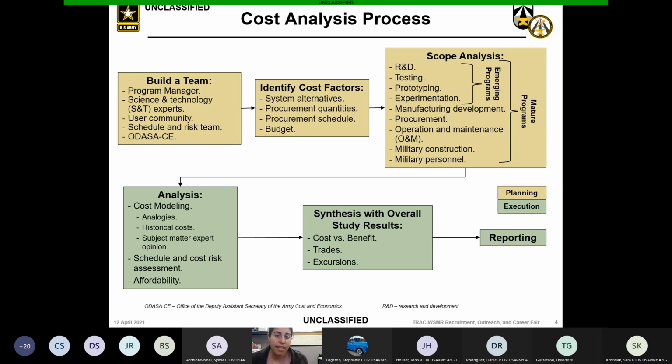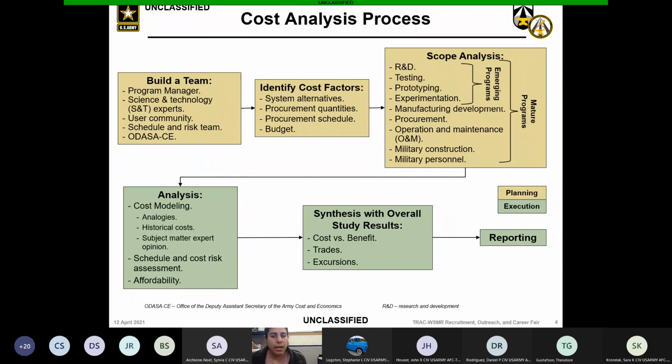And a lot of the times they can tell you and pinpoint, it's this technology. We're relying on this to be further along by the time we start building it. And if it's not, that's going to really impact our cost. So those are all things that we look into. We also look into the people who are actually working on it and the construction that's needed. So if you need a certain type of building or storage, those are all different parts of the cost we have to look into. So for the analysis portion,